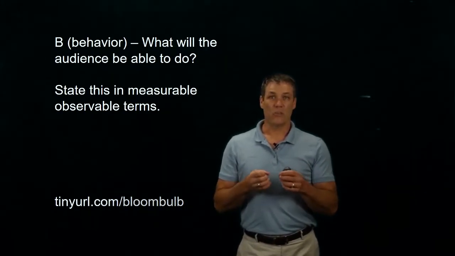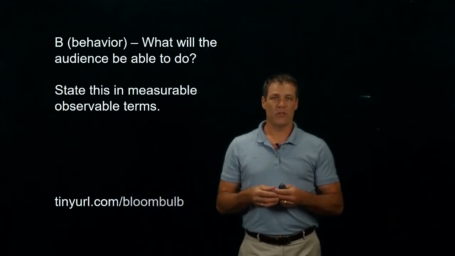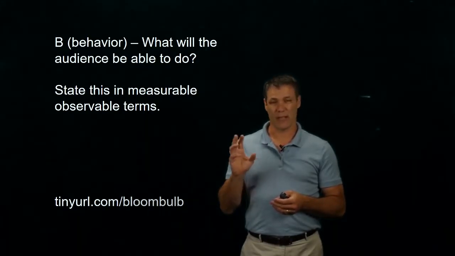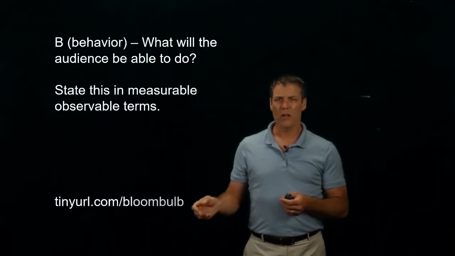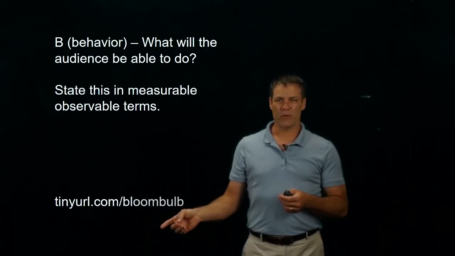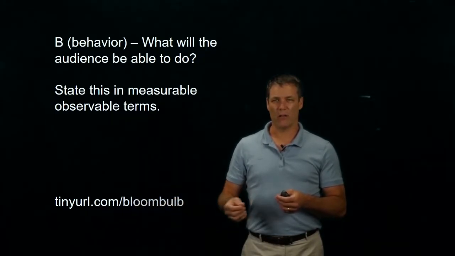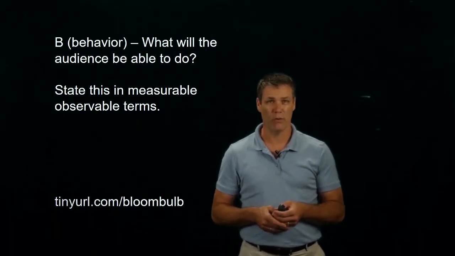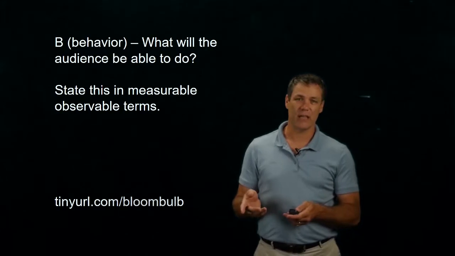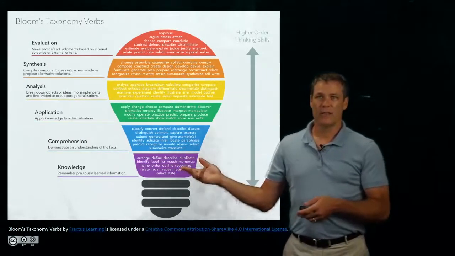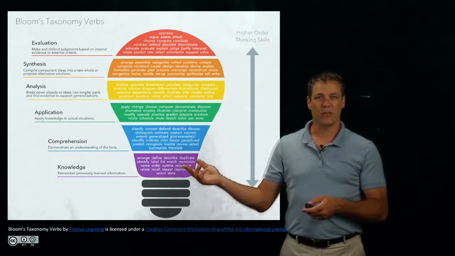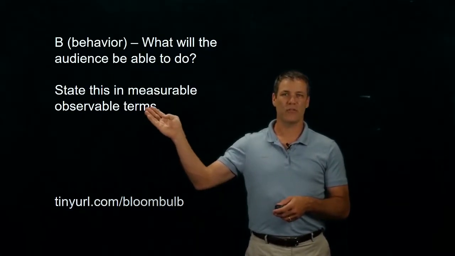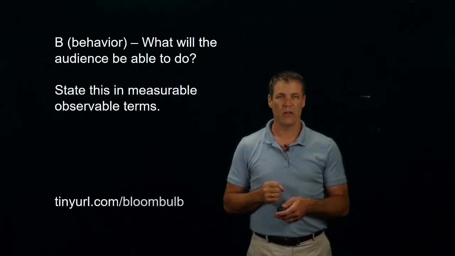The behavior is what will the audience be able to do. You want to state this in measurable, observable terms, as I mentioned earlier. I'm going to give you a second to copy down this URL, tinyurl.com/bloombulb. What this will actually do is take you to Bloom's taxonomy verbs. So when we're talking about behavior and we want to write these behaviors in measurable, observable terms,